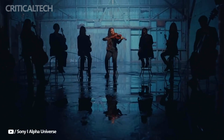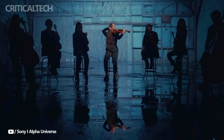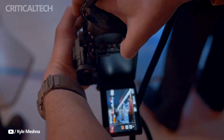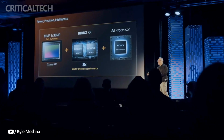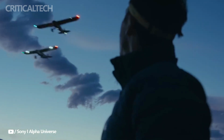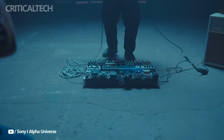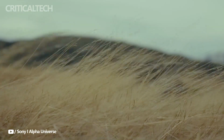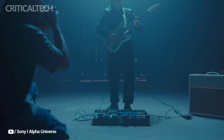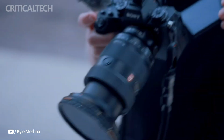At the heart of the Alpha 1 Mark II is a combination of a 50.1 megapixel Exmor RS CMOS sensor, the Bionz XR processor, and a dedicated AI processing unit. This trio delivers exceptional dynamic range and detail for both stills and video, while significantly advancing subject detection capabilities. The AI-powered system features automatic subject recognition and improved posture estimation, allowing the camera to track human movements with remarkable